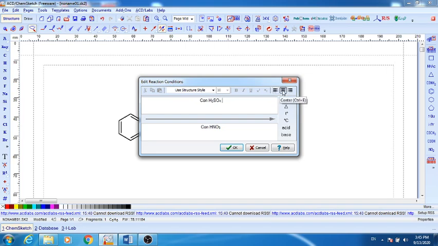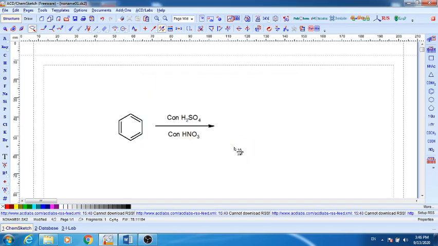So far you can see that I have kept it central, but the moment I click align left, see, it is aligned left. Align central is the good one. Now I am pressing OK, and you can see that whatever text we selected above and below the arrow is pasted over here.